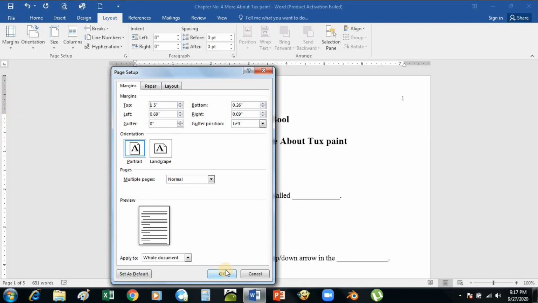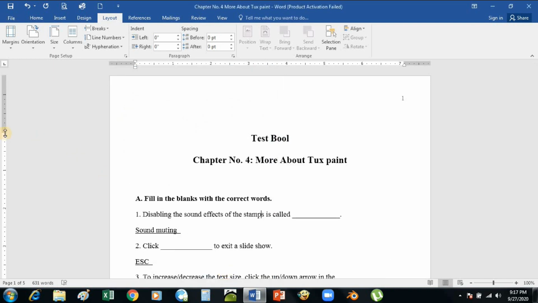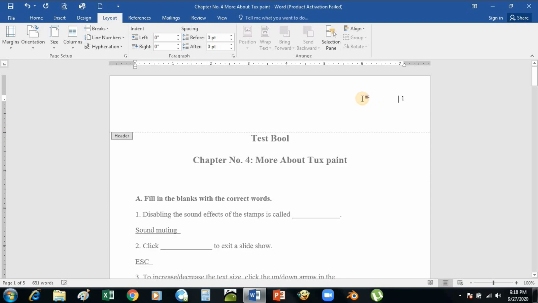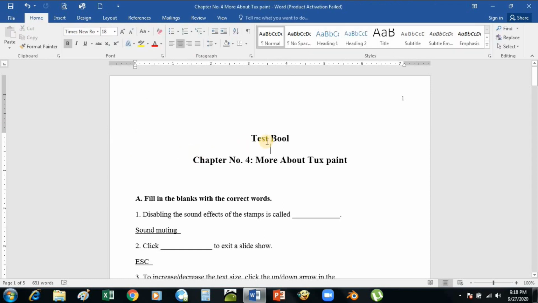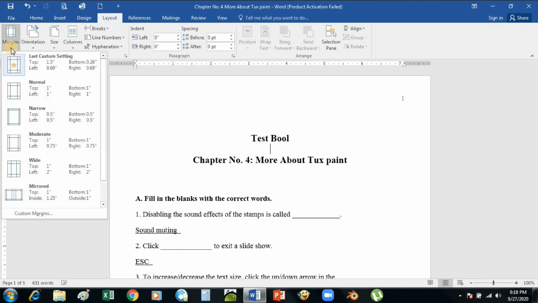So as we click here, you see the margin is changed, and this is the margin here. Above this line, this is a 1.5 inches margin, and normally we use this as the header, where the page number is. So this is called the header, 1.5 inches, and this is how to change the margins. Again we will come back to page layout, and you can set it back to normal. Normally the margin is 1 inch on all four sides by default, as I told you.